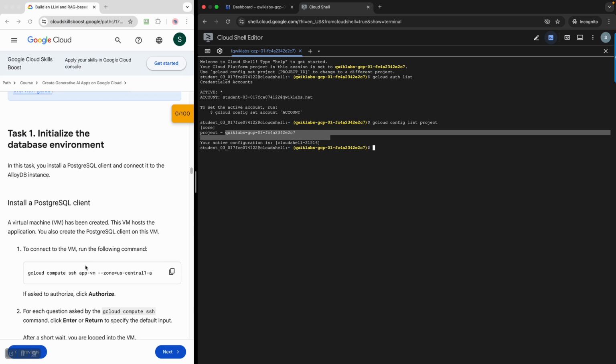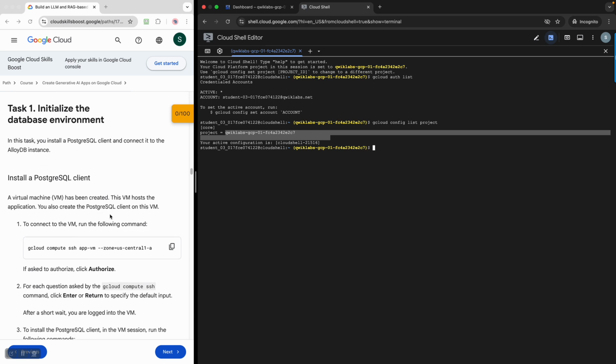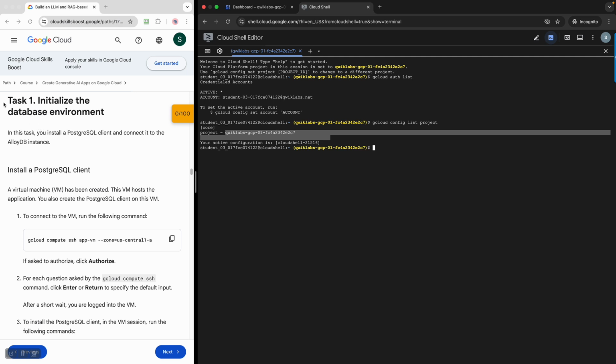So let's start with task 1, initialize the database environment. If you have any questions, or if you want to understand slowly, maybe you can pause the video here and get into this, but I will keep on executing the code that is there. So in this, I'm going to do the SSH to the us-central1 zone,